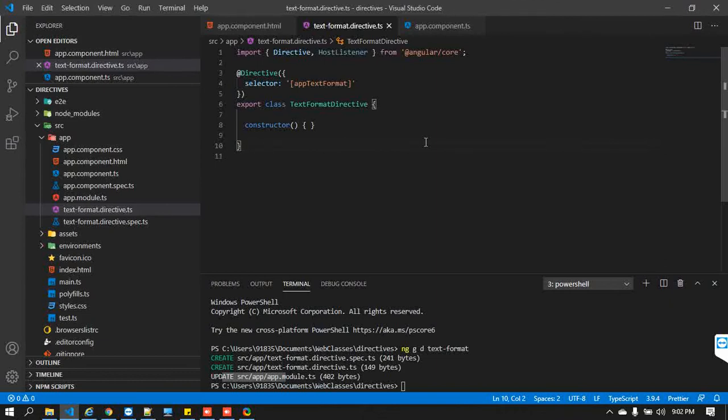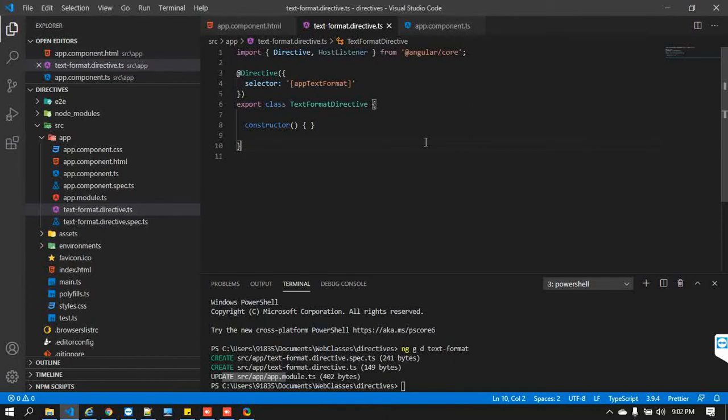Take some input field: when you enter into it, that is a focus event. When you come out of that input field, that is a blur event. When you are clicking the button or typing, that is a keyup. All of these things are nothing but events.